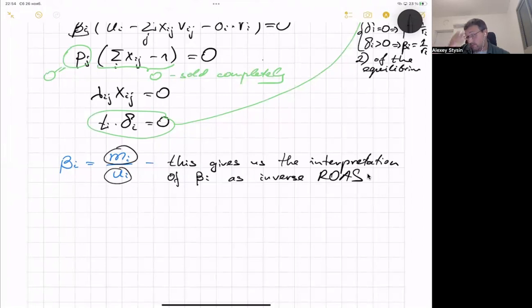And for the case where we spend the full budget, this is going to be